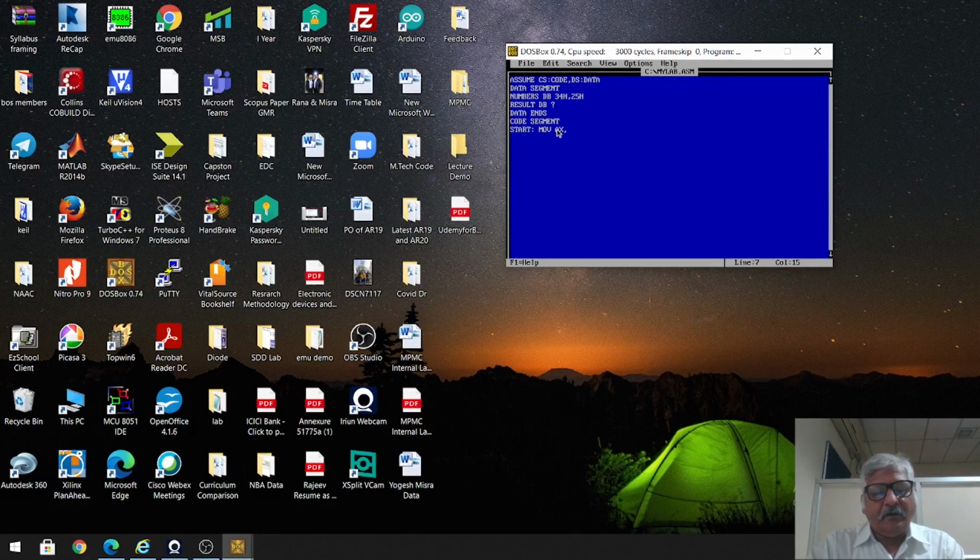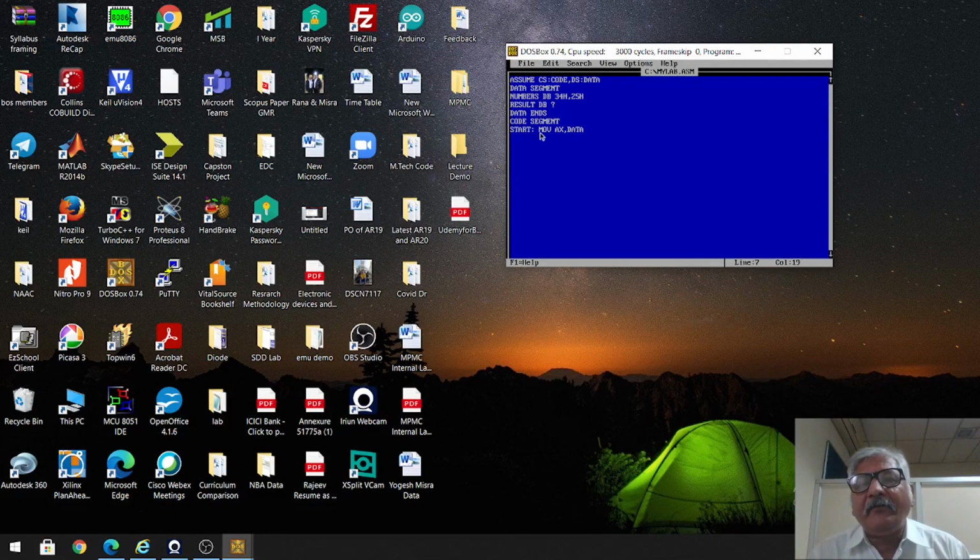So I will write here mov AX comma data. See here, since we are writing the program on our desktop or laptop, in this laptop there is memory, but exactly what memory we can use as a data segment is not defined for me. So for that purpose I am using the directive, right?